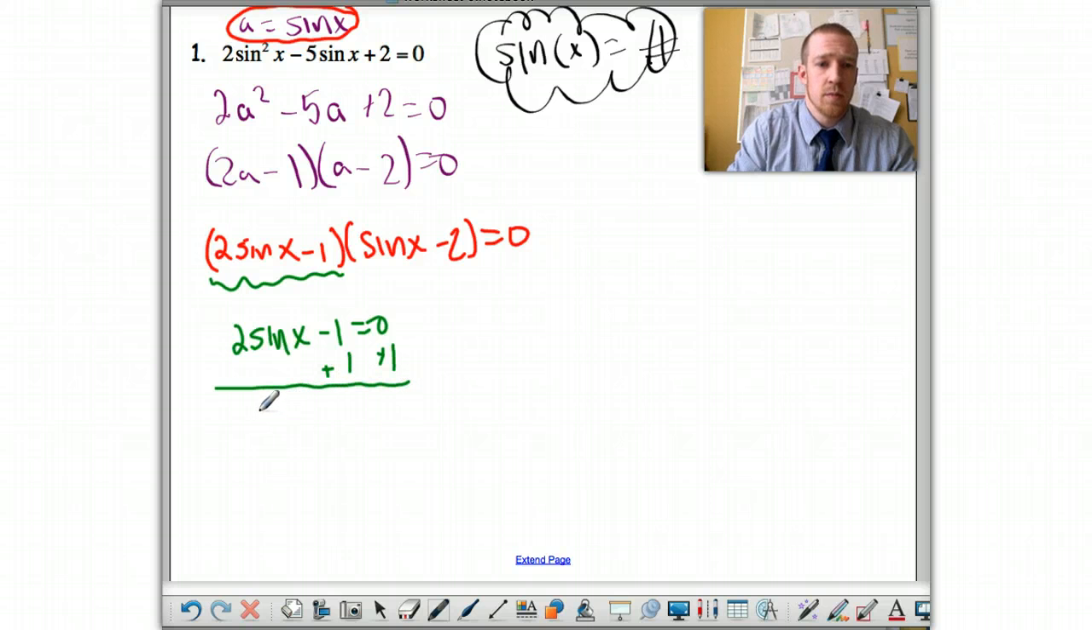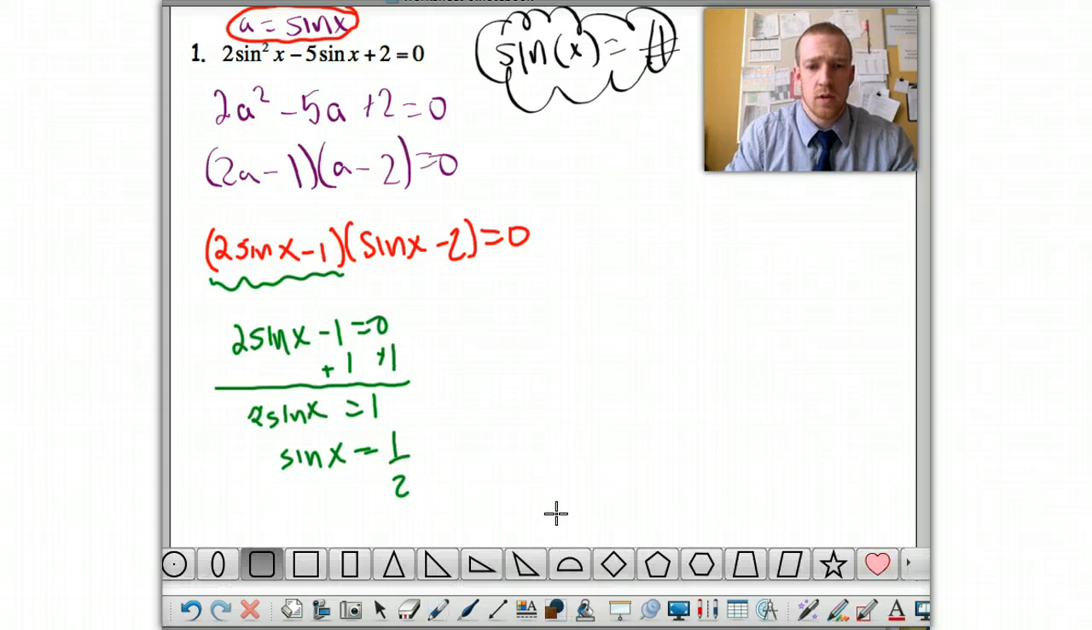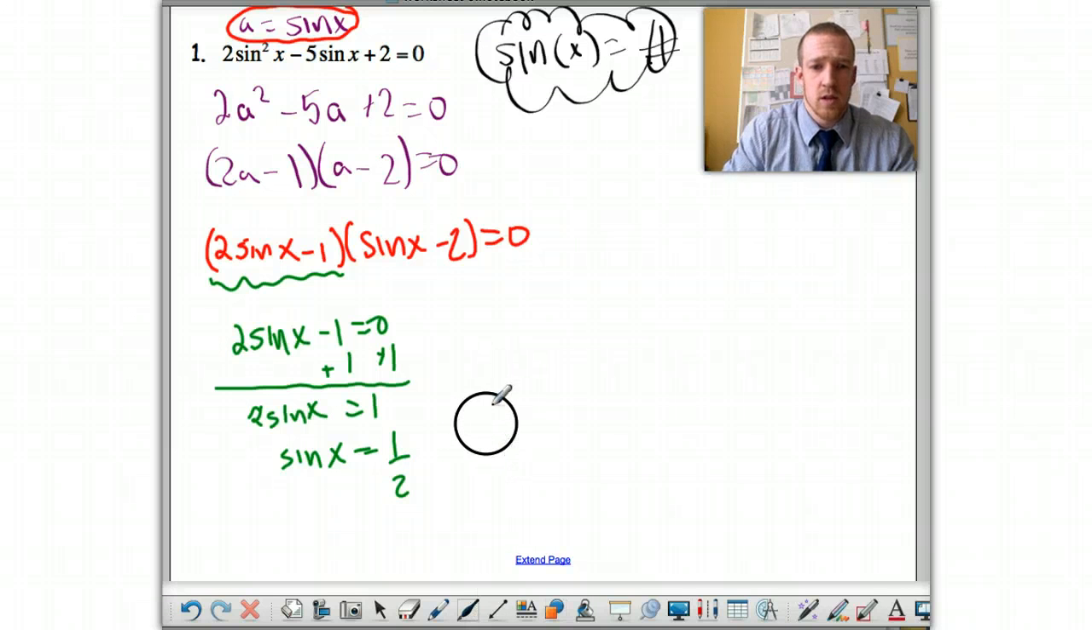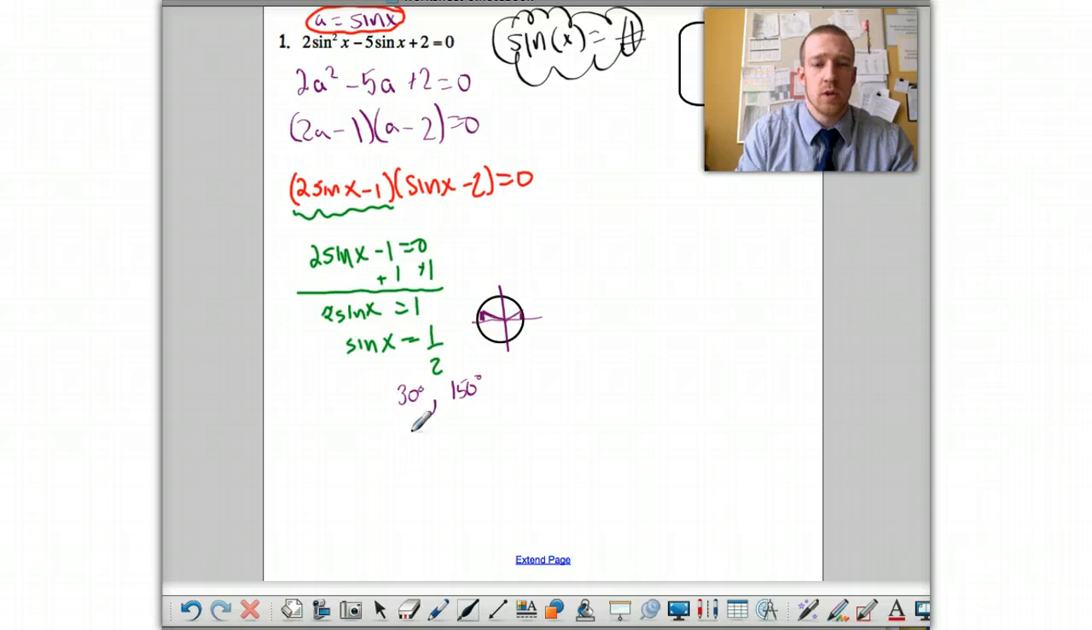And I've got 2 sine x equals 1, so sine x equals 1/2. So now I just look at my unit circle, and I can see that sine is a half when the height of my triangle is small, I'm looking for the positive. So it's all the 30-degree reference angles, so that's going to be 30 degrees, and 30 off of 180 is 150 degrees, or alternatively we could call that